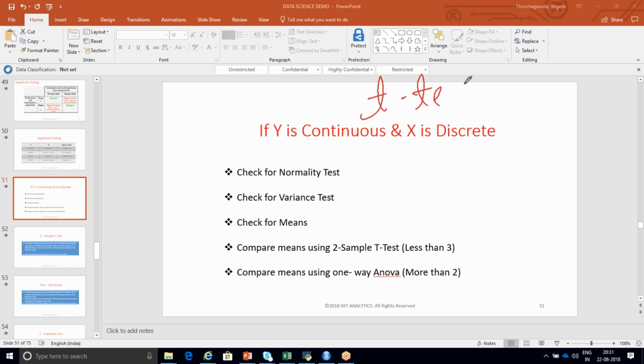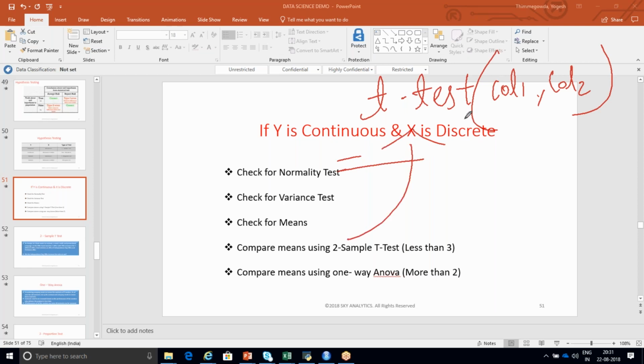You can use this t.test function and pass your column 1, column 2. If you pass this, it will test your two-sample t-test. Is it clear, Bharat? This t.test is your inbuilt function to do your two-sample t-test.